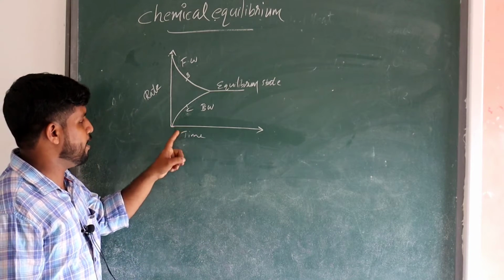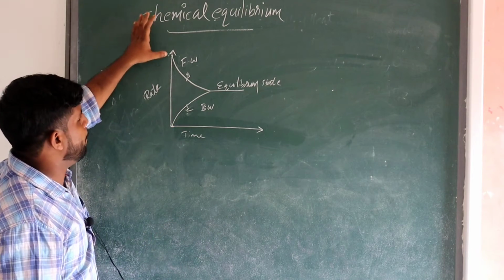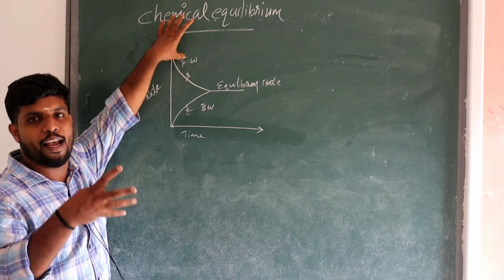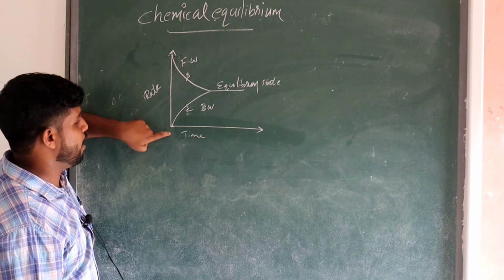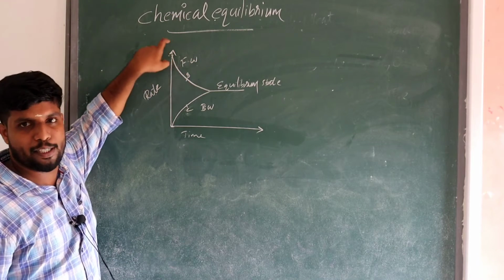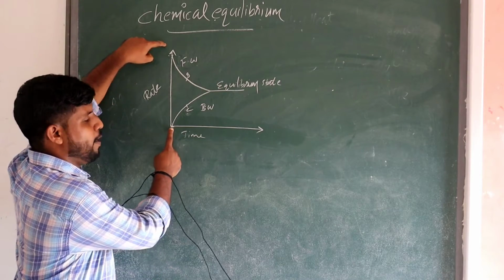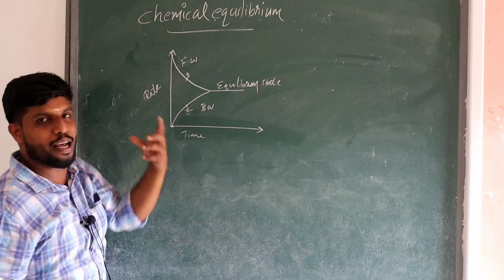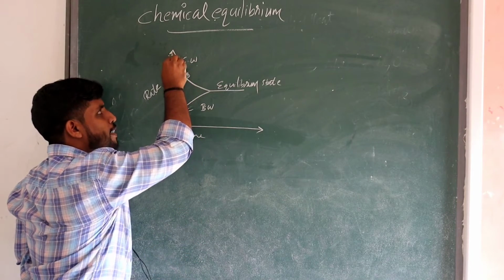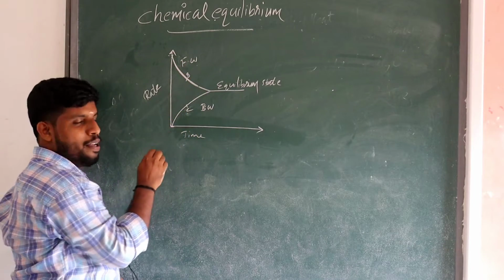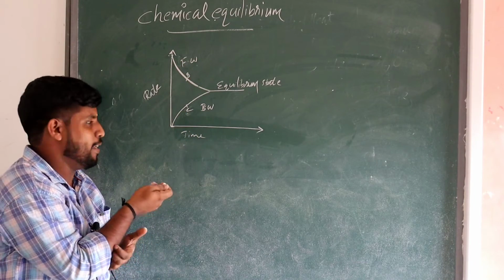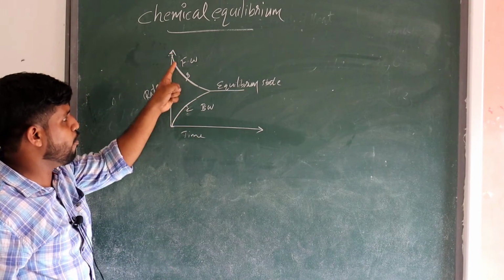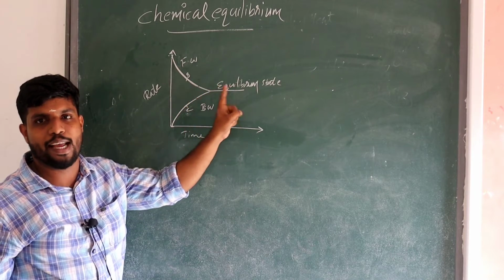At the starting of the reaction, the reactants are combining. That means the rate is maximum for what? For the forward reaction. The reactants combine and form the product; that is the forward reaction. At the starting of the reaction, the rate of forward reaction is maximum, and the backward reaction is comparatively very slow; there is no backward reaction. When the time increases, what happens? The rate of forward reaction decreases because the product is formed, and the product decomposes to reactant. That's why the rate of backward reaction increases. It's a simple thing: if the rate of forward reaction decreases, the rate of backward reaction increases.